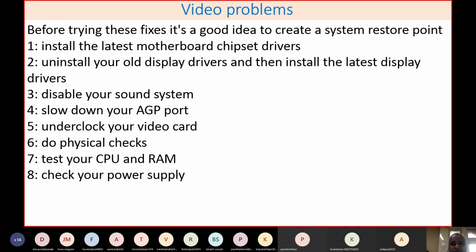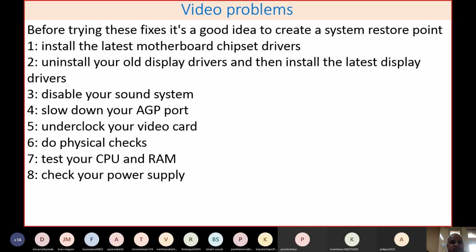The only disadvantage is that whatever work you created in the last month will be lost. That is the only disadvantage of using a restore point. But most of the time it is always preferable to use a restore point. That is why, for solving any video problems, it is suggested you create a restore point first, then go for installing some additional drivers or software, or then go for fault finding.